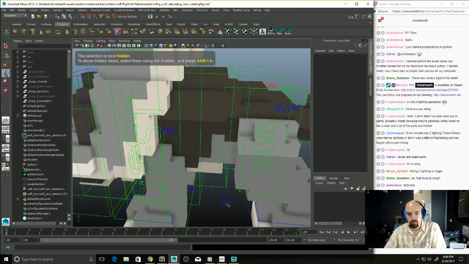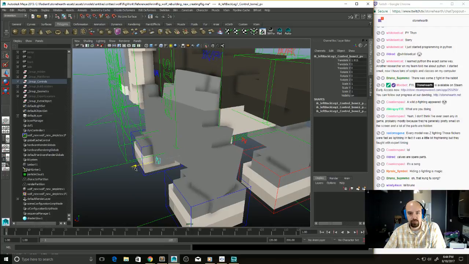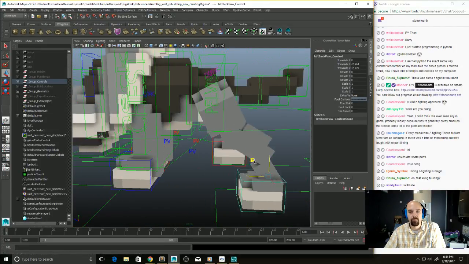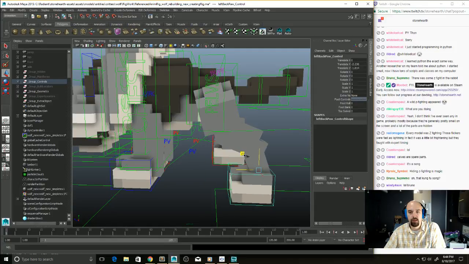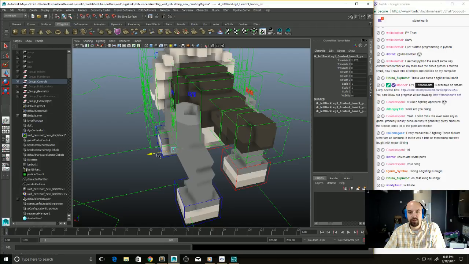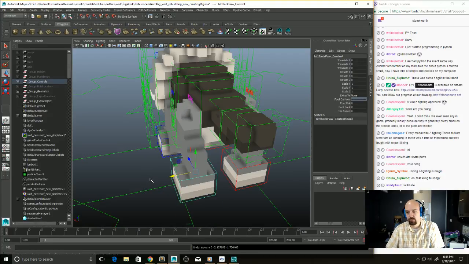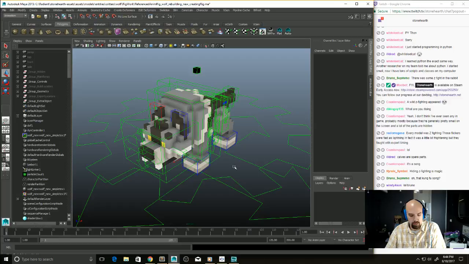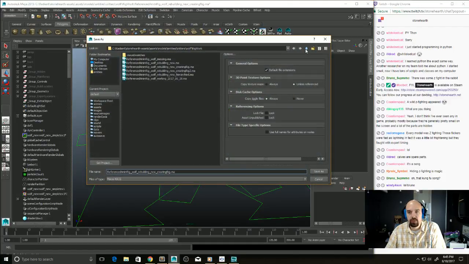All right, one more thing that's interesting: pole vectors. The IK thing, the thing that lets me move the foot and have the leg follow around, also has this little pole vector thing, so I can point the knee or the ankle at something else, which is important for when you're trying to turn. Like you will step and twist, which isn't possible without the pole vector. But yeah, so if I were to save that as